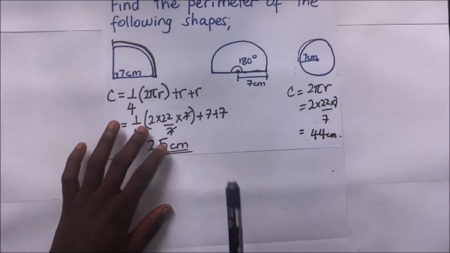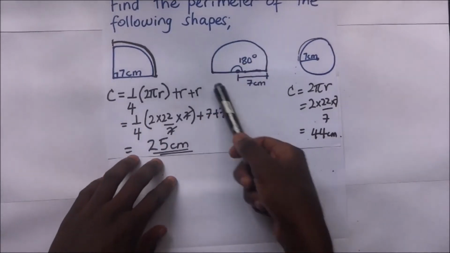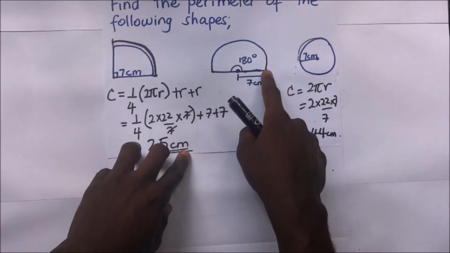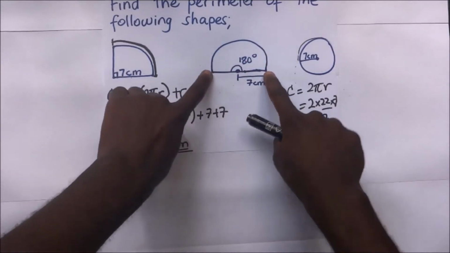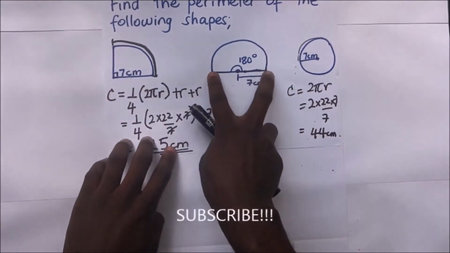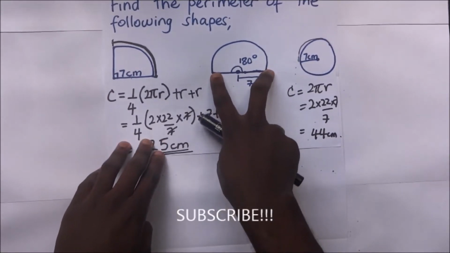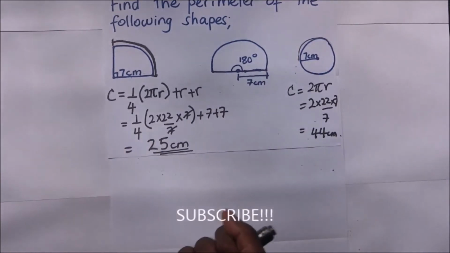This circle, if you are to find the perimeter of this circle, it means that we are going to find the distance of that curved surface, then plus the distance from here to here. This is the diameter of the circle, which is 7 plus 7. The whole of this is 14. So this is going to be,